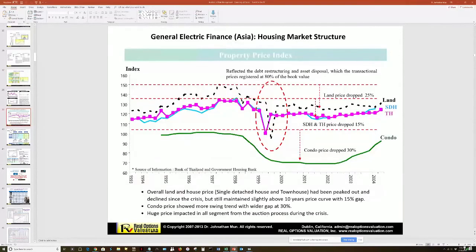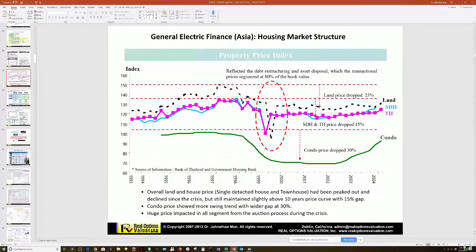GE Asia Financial Economic Analysis, we do something called Asset Liability Management, ALM. So for GE in Asia, the housing market, interest rates, and inflation rate are what actually kill these guys. Imagine if you have a home mortgage and the interest rate suddenly drops significantly. What a lot of people will end up doing is they refinance. They will go to another bank, Bank B, borrow the same amount of money, and pay off Bank A, and Bank A suddenly just lost all of their assets, immediately. And it's not good for business.